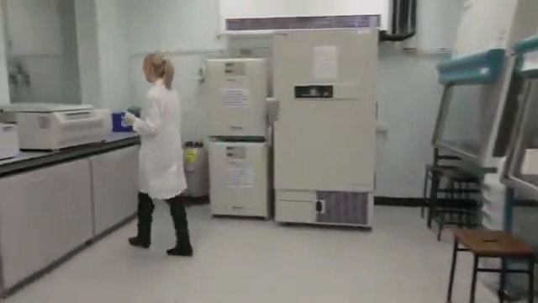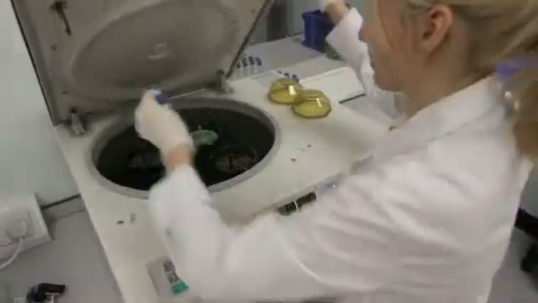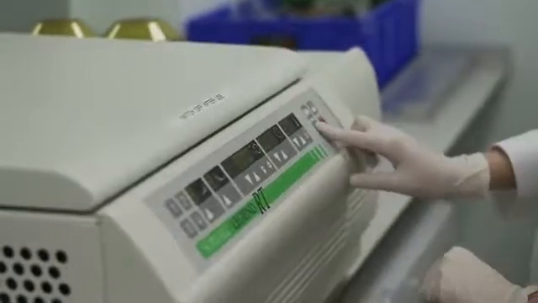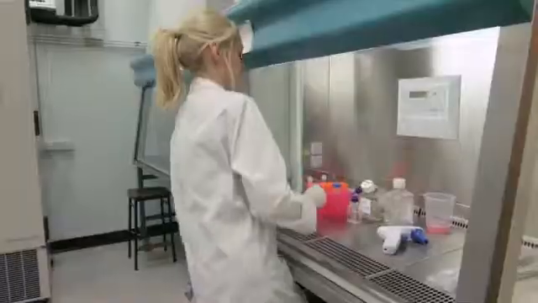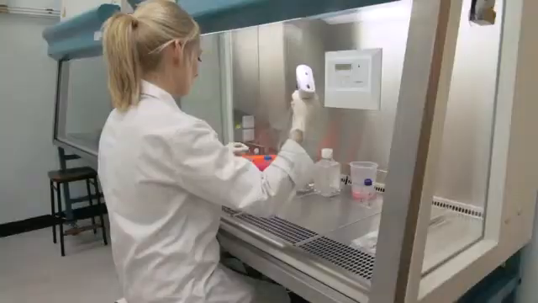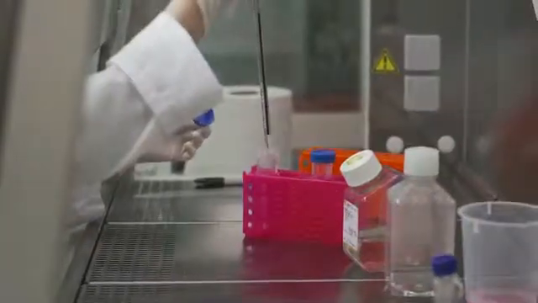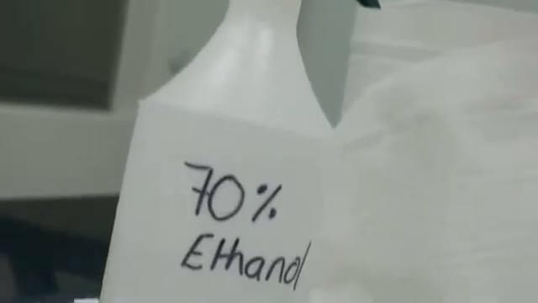In order to successfully grow cells, the most important thing is to use aseptic techniques, and that's primarily done using a tissue culture hood, which prevents dust and other contaminants being introduced into your cells. The other thing that we need to use is sterile equipment such as pipettes and Eppendorfs. Everything that's used inside the tissue culture hood has either been previously sterilised either by UV or autoclaving, or we spray it with 70% ethanol.